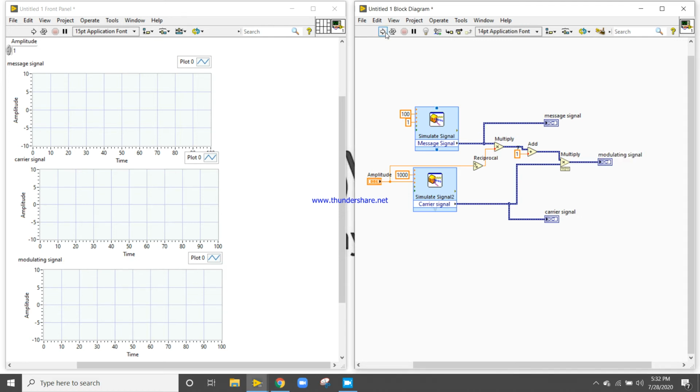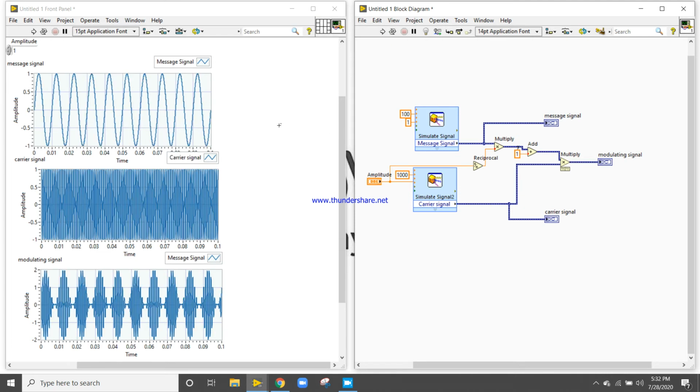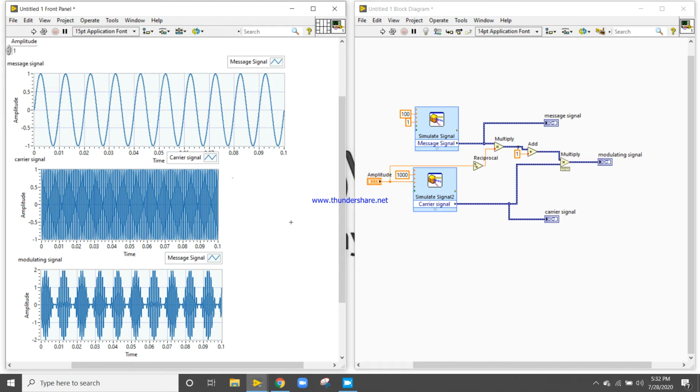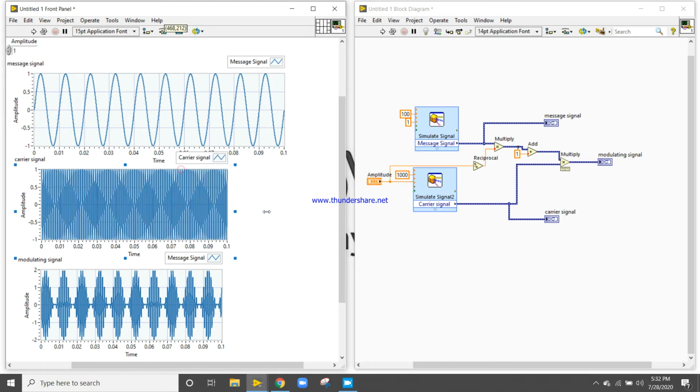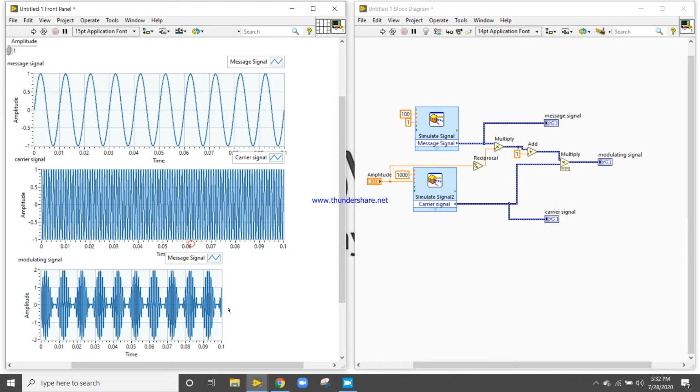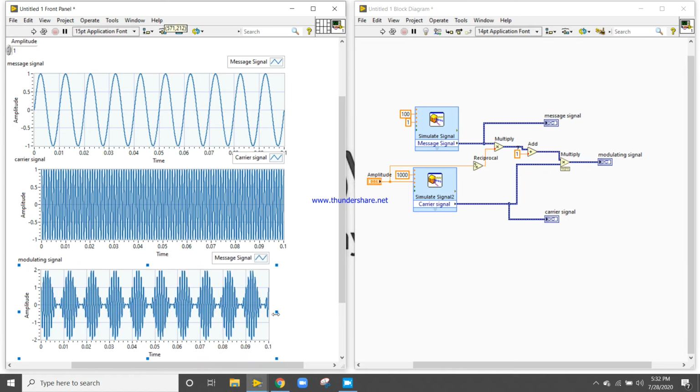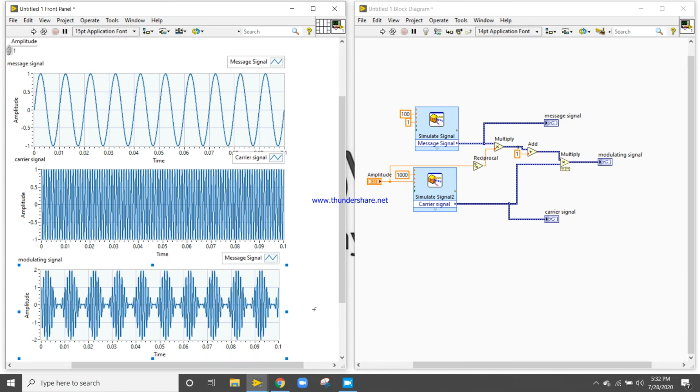Let's try to run. So now you can see this one, the first one. This one is my message signal, this one is my carrier signal, and this one is my modulating signal. I am going to change the name.